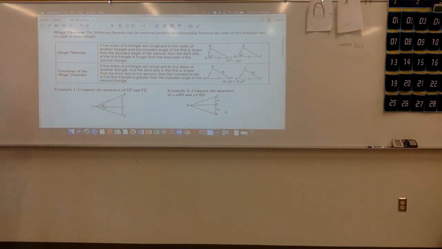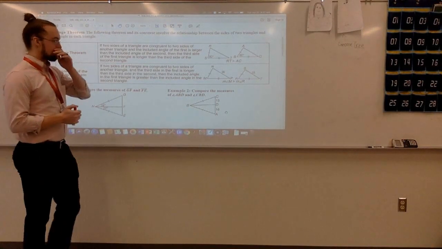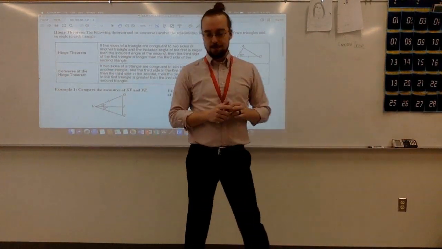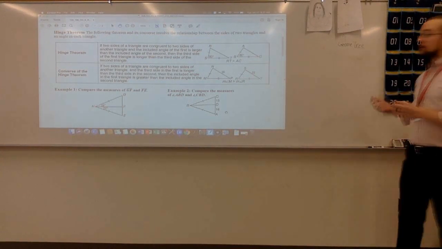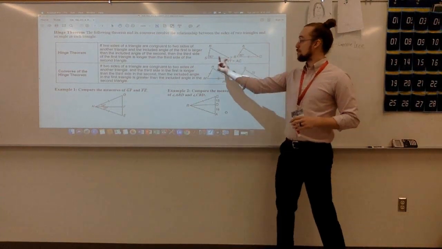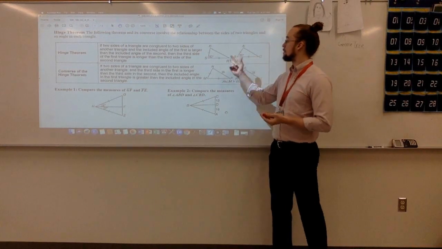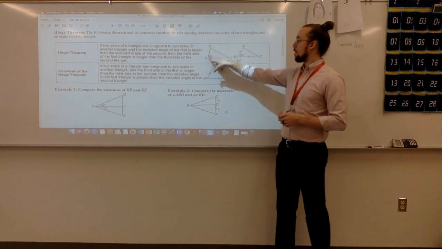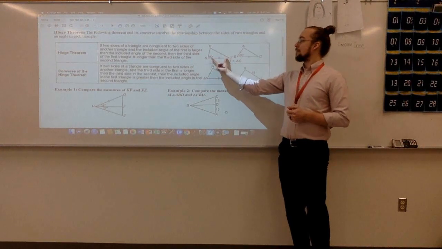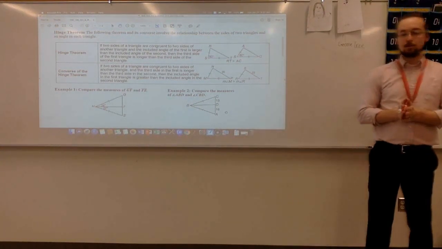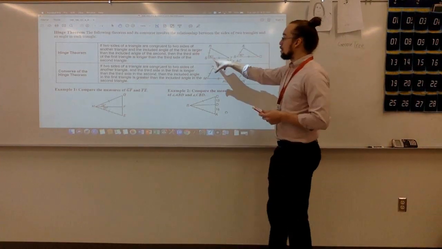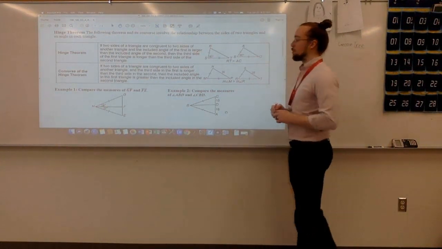Alright, the hinge theorem is very closely related to what we've been talking about. The hinge theorem just says if I've got two different triangles, and I know that I've got two pairs of sides congruent. So these two triangles, I've got RS and AB congruent, and then I've got ST and BC congruent. So two sides are the same in each of these triangles. Well then, if I look at the angles in between those two congruent sides,